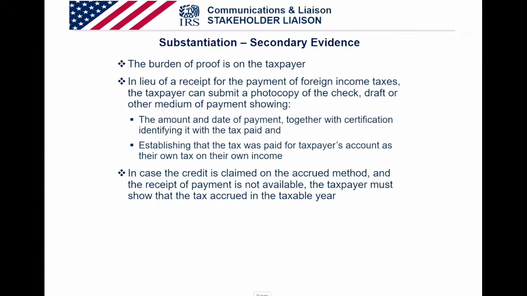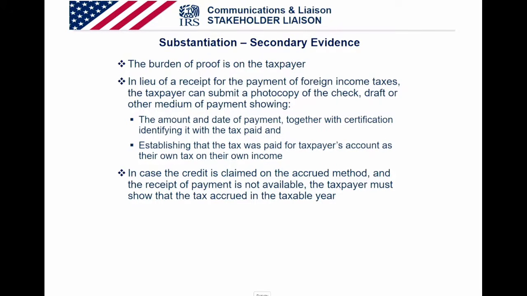In the case of taxes withheld at source from items such as dividends, interest, royalties, compensation, or other forms of income, where evidence of withholding and of the amount withheld cannot be secured from those who have made the payments, the IRS may accept secondary evidence of such withholding and of the amount of the tax so withheld, having due regard to the taxpayer's books of account and to the rates of taxation prevailing in the particular foreign country during